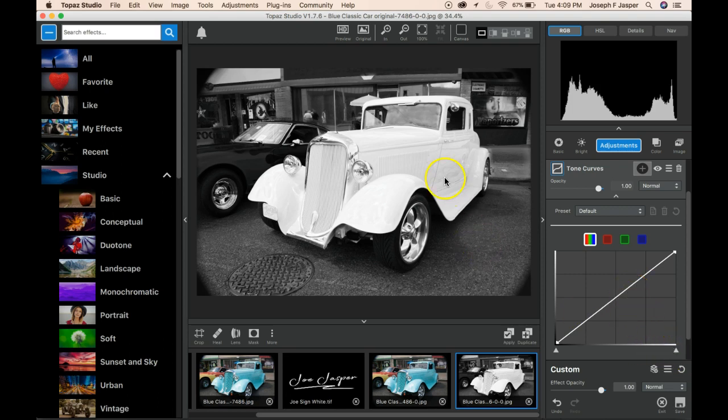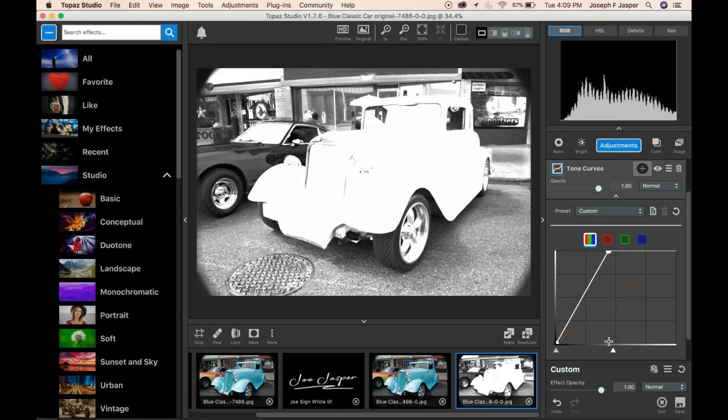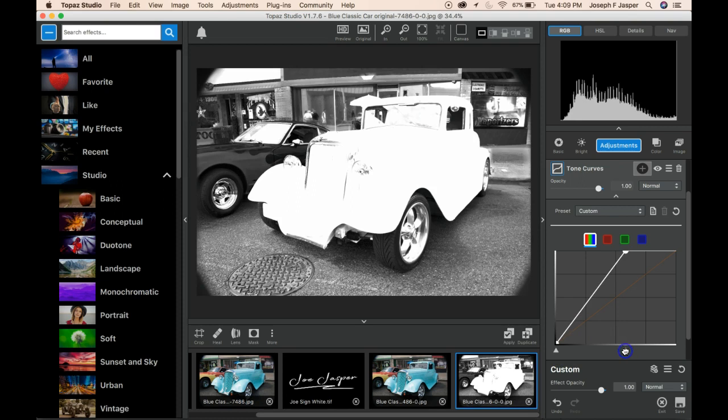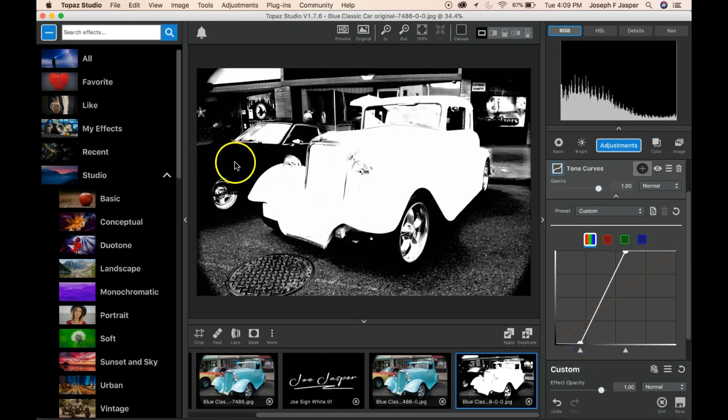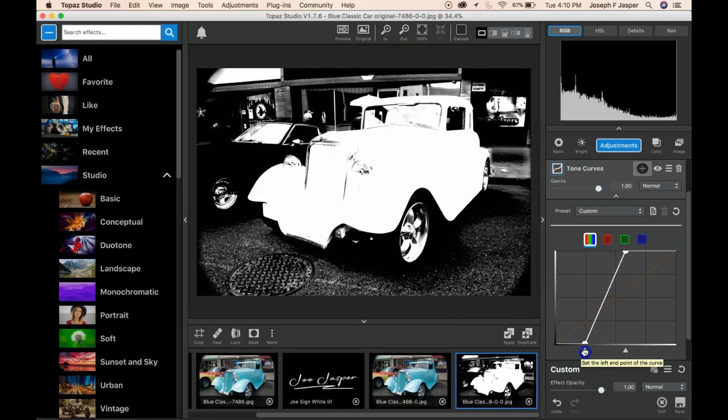So if I want to make these grayish tones disappear in the car, I can drag this handle to bring the whiteness more and more up. And if I go too far, I can back it off. And if I want to bring the blacks up to get rid of the midtones that were over here, I can drag that left handle over,